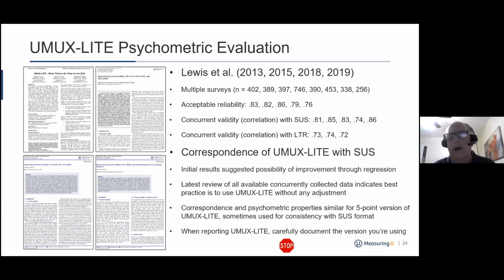Part of his argument was, well, there's so much evidence that there's low correlation between, say, the objective aspects of usability and the perceived usability. Who hasn't had an experience where somebody just performed terribly, and then they gave really, really great ratings to the product they were just working with? But back in 2009,